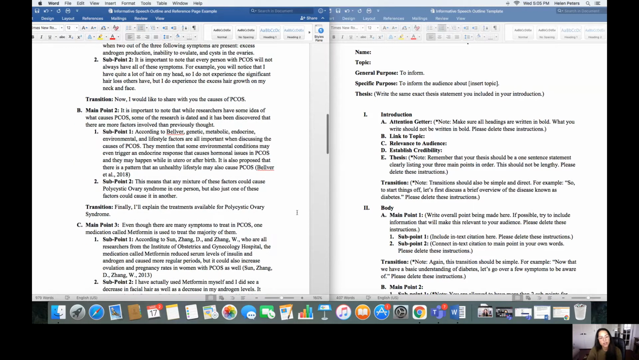She does the exact same pattern. She tells you what she wants you to know about causes. She then cites, and see, she has this down here, but I would actually put this, according to Belver, I would actually cite, you wouldn't have to put the author name again, since she put